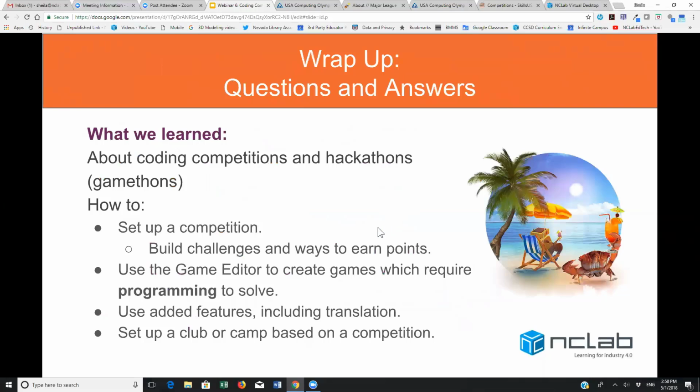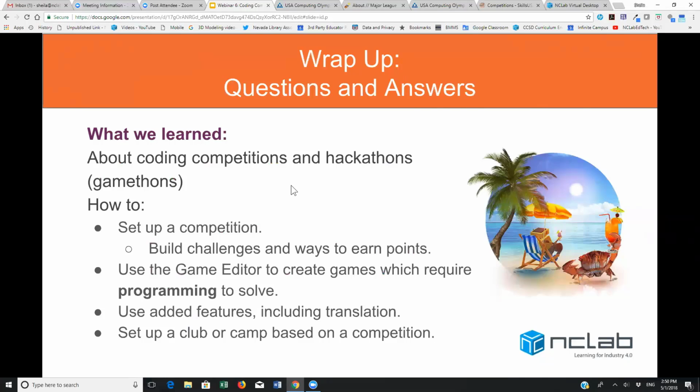Okay, so what we covered today. Well, we learned a little bit about some of the big guys, the coding competitions and hackathons that are out there. And I hope you explore those resources. I certainly learned a lot from them, and I'm sure you will too. And again, I know some libraries are doing the hackathons, so please talk to each other and learn from each other's experience. And same thing with the schools in your neighborhood. Some of them are doing Skills USA. You can learn from them and maybe even collaborate